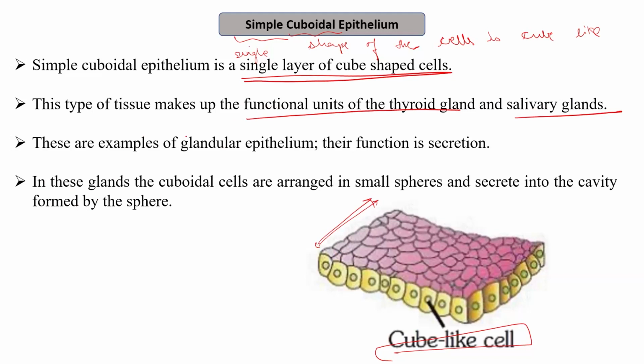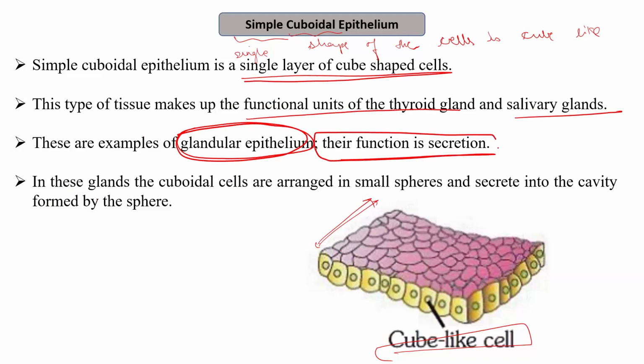These are examples of glandular epithelium. Since they are examples of glandular epithelium, their function is secretion. As I mentioned, the function of the gland is to secrete. In these glands, the cuboidal cells are arranged in small spheres and they secrete into the cavity which is formed